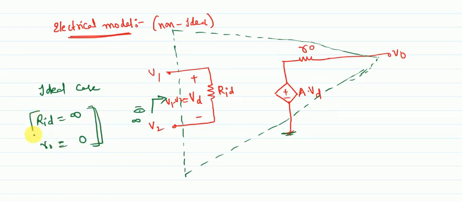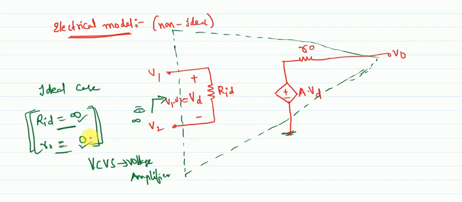Hence, I already told you the op amp is called a voltage controlled voltage source or voltage amplifier, because if you recall the lecture on voltage amplifier circuits, we already discussed that input impedance should be as high as possible, ideally infinite, and output impedance should be as low as possible, ideally equal to 0. Now you can relate those points here. So the input impedance for an ideal op amp is infinite and the output impedance is 0, which means you represent this with an open circuit and this with a short circuit, so that the drop across this will be negligible. So this is the electrical model representation of the operational amplifier.